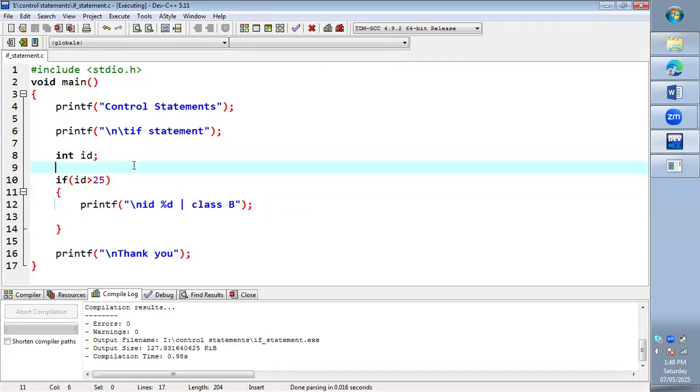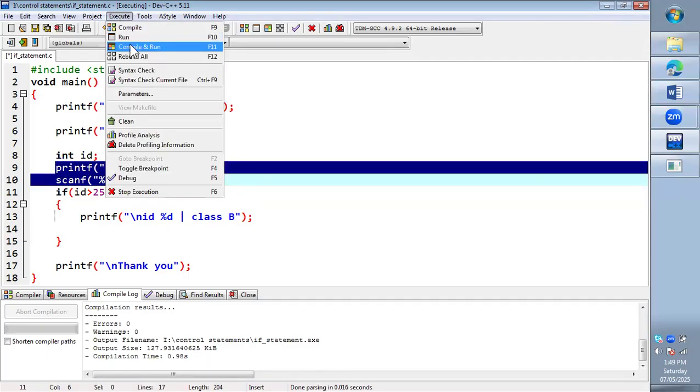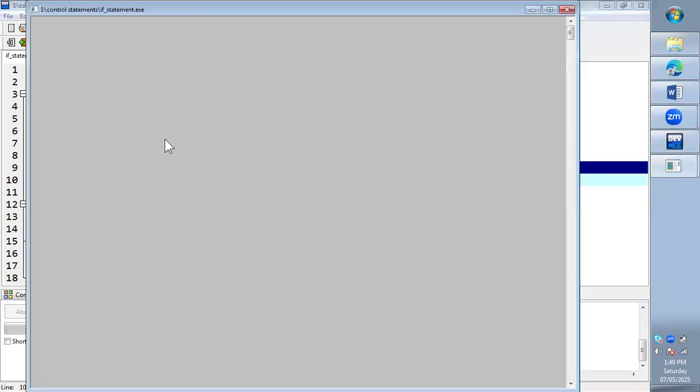So we will be taking the ID value from user. So we will ask the user to enter ID. And when the user enters ID, we will use scanf to scan it. So for scanning, we will be using a %d as format specifier and ID. We will be placing it in the address of ID. So now you can see we have taken ID and then we will be comparing it with the user. So enter ID. If I give 45,